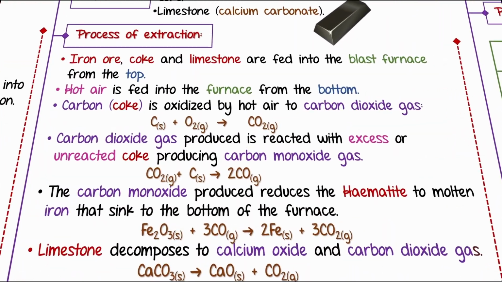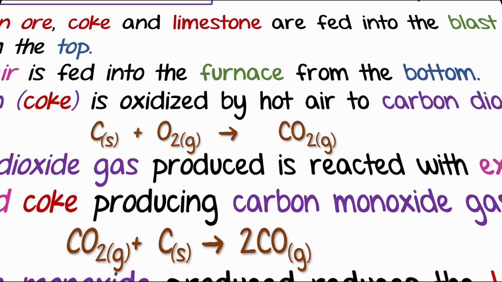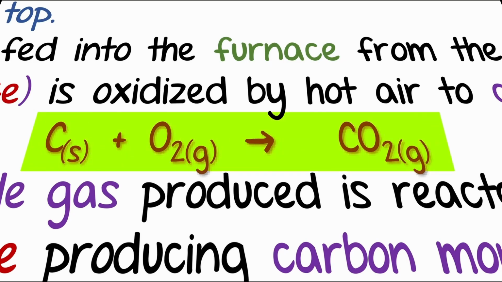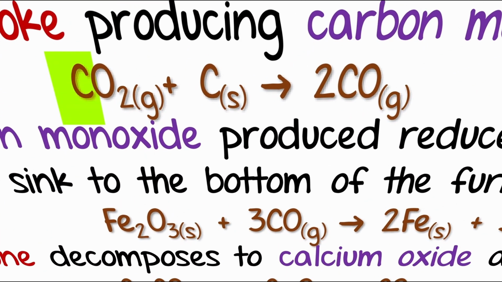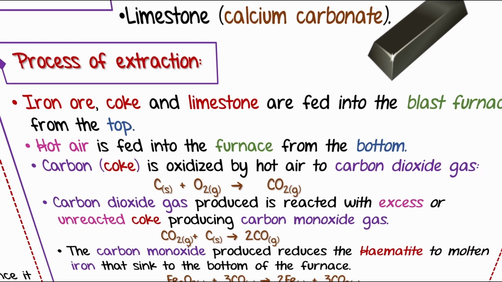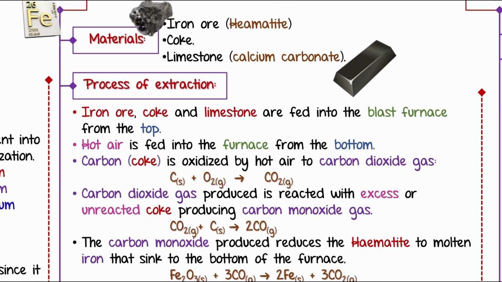Due to the high temperatures at the bottom end of the blast furnace, of about 1600 degrees Celsius, the oxygen that came with the hot air is going to combine with the carbon in coke such that we can form carbon dioxide gas. As it proceeds upwards, carbon dioxide is going to combine with carbon, and it's going to be a reduction reaction. So carbon dioxide is going to be reduced by carbon